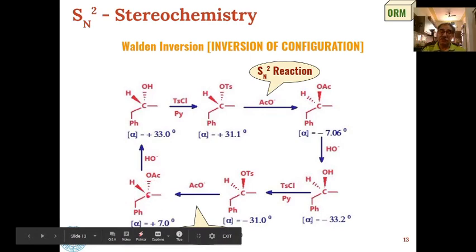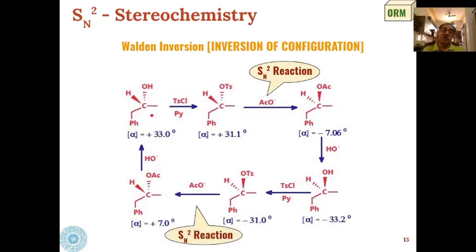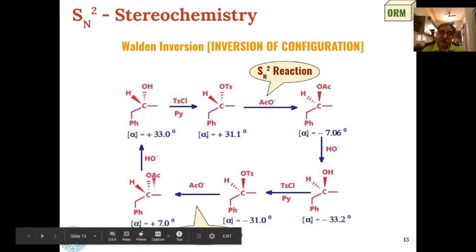And when hydrolysis of this is done, then also the oxygen acetate bond will hydrolyze and we will get our alcohol back. And because here there is no SN2 reaction, only this bond is being affected, the configuration will remain the same. So this was dextrorotatory, this is also dextrorotatory. So this series of reactions also proves that during SN2 reactions there is an inversion of configuration, or Walden inversion.